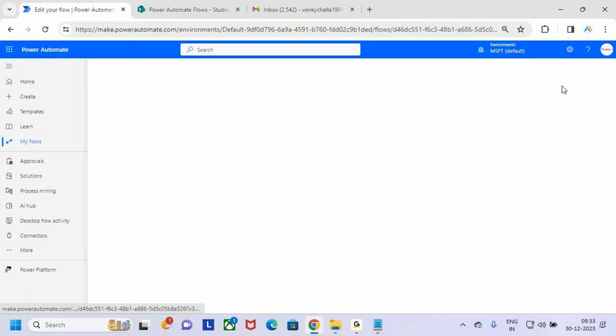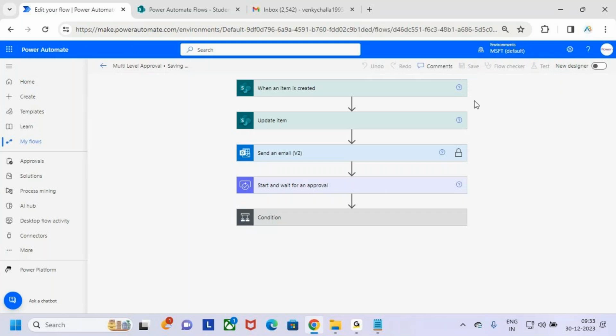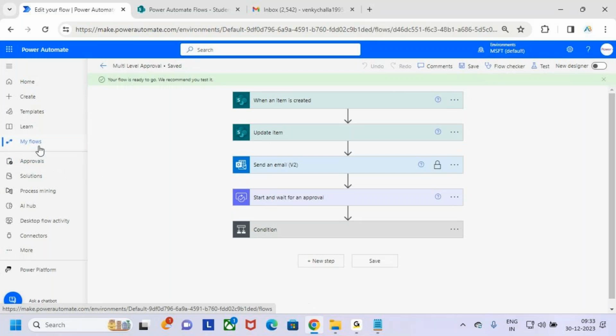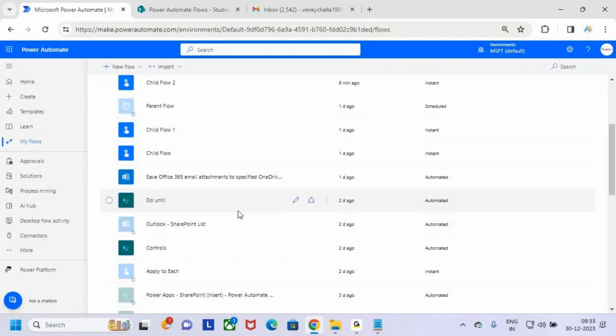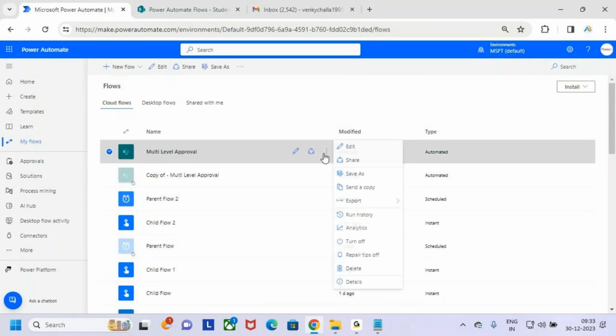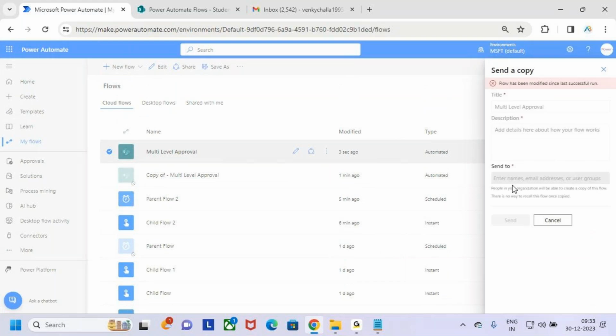It is modified, let me check. Let me save the flow. Now go to the flow. Now see, multi-level approval. Now when I click on send a copy, I think